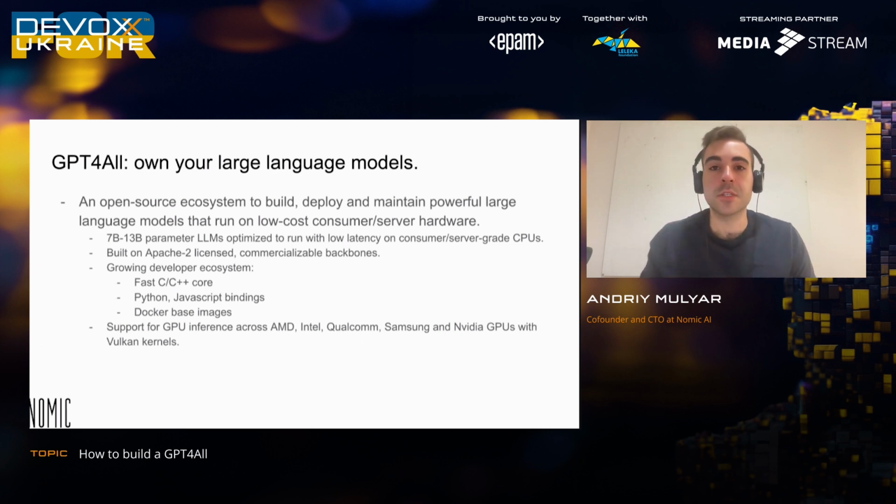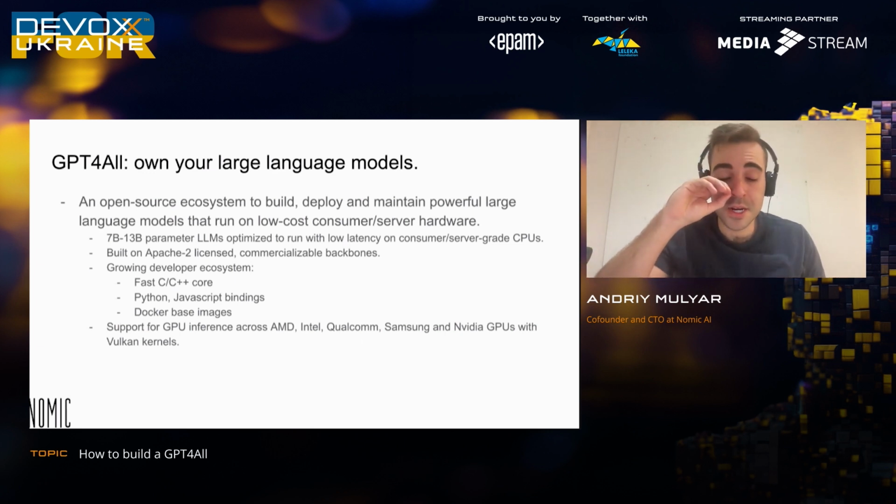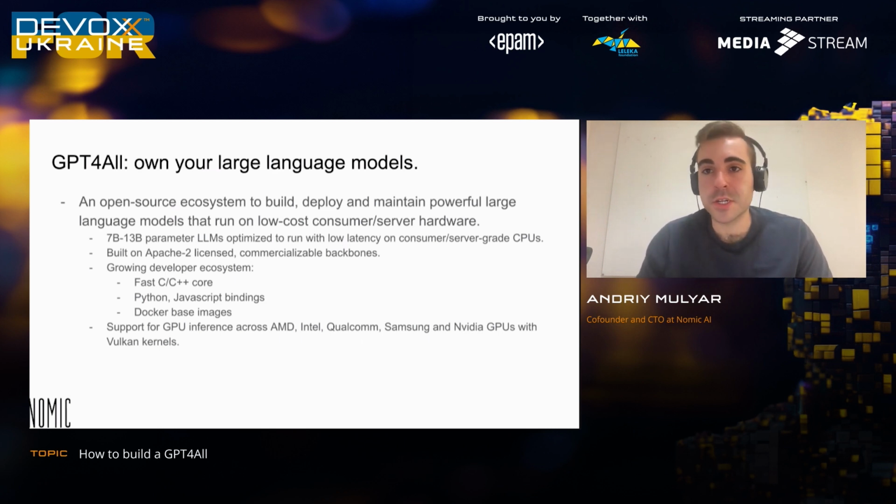And most excitingly, and this is what I'm going to end the presentation on in a few minutes, is our support for GPU inference. This is a project that was undertaken by the open source community around GPT4All, spearheaded by some of our developers at Nomic, adding support for quantized GPU inference. And when I say GPU inference, I don't just mean the top-of-the-line NVIDIA cards that cost $2,000 to buy. We really doubled down on the accessibility angle, and we wrote GPU inference to work on AMD, Intel, Qualcomm, Samsung, and NVIDIA GPUs, all open source, available in GPT4All.